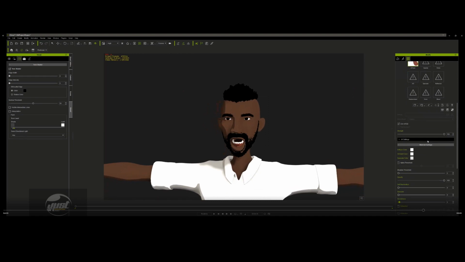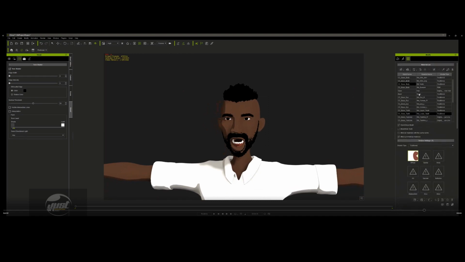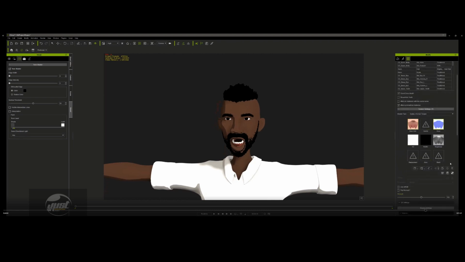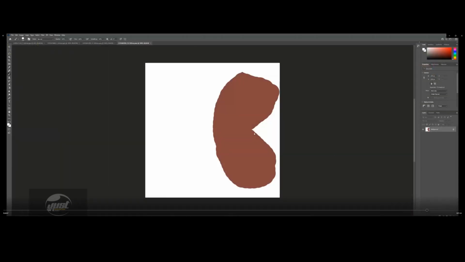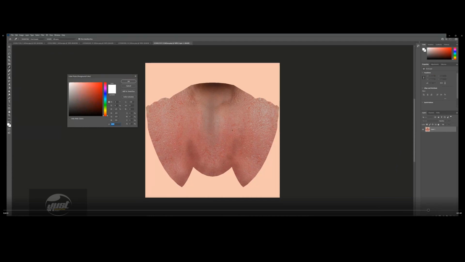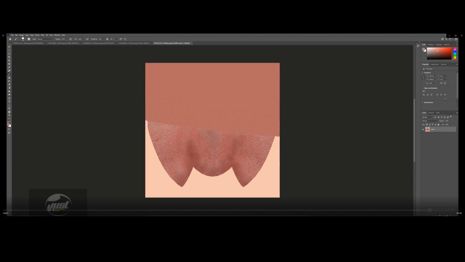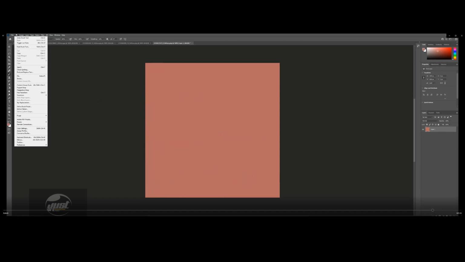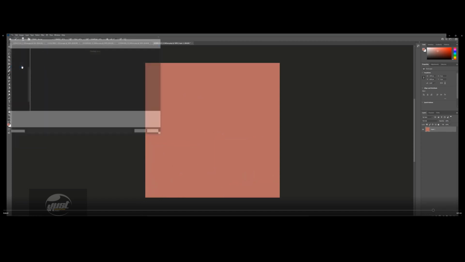The tongue. Make sure the tongue is also solid color. Delete the bump map and the roughness. Send the tongue to Photoshop, and this is quite straightforward. Just choose a color, I say pink, and the whole tongue is colored with a solid color, pinkish. Then you save as